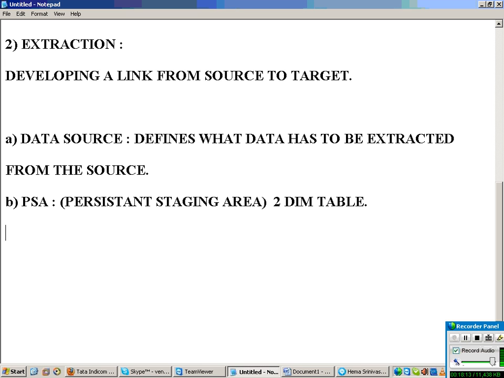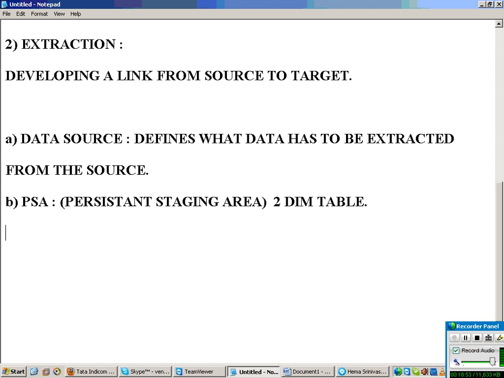Let us say while creating the info objects in BW, I have a checkbox for whether to allow lowercase or not. Imagine I didn't select lowercase, which means I am saying don't allow lowercase values while loading. But imagine in the source you have some lowercase values. While loading, will it allow? Or say there is some special character, and BW does not support special characters. So while loading, if any error comes, data will not be updated into the target. So what do I have to do? I need to rectify the source and start extracting again.